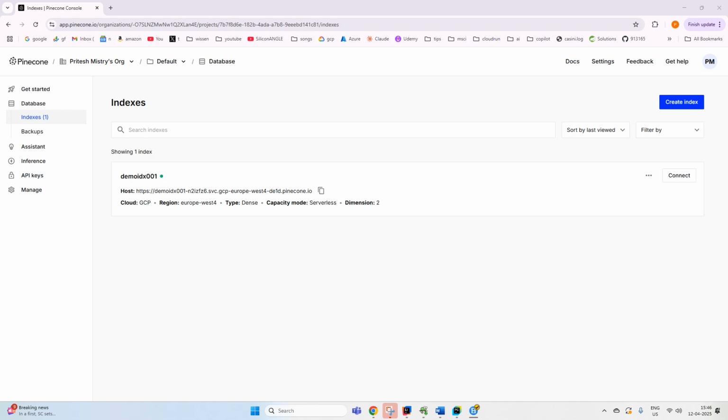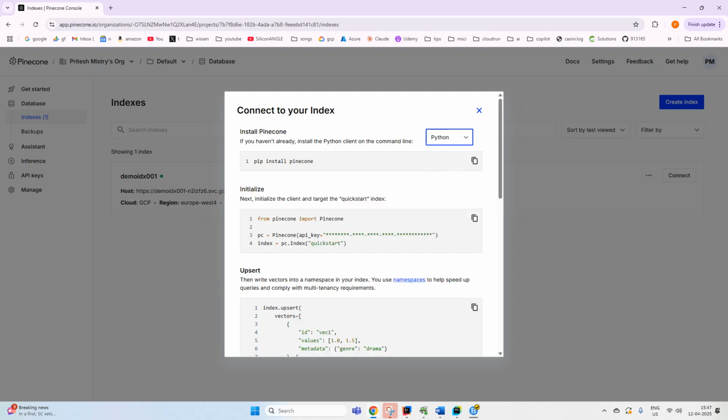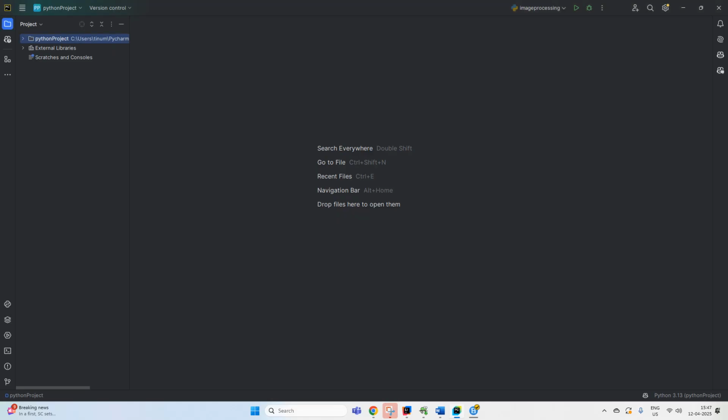Now let us create one simple Python program. If you do not know how to connect, what you can basically do is go to this index, and here there is a connect option, and you have different programming languages, depending upon the programming language. Here in our case it's Python, and just follow this instruction. I'll just go with this initial instruction, and in the PyCharm